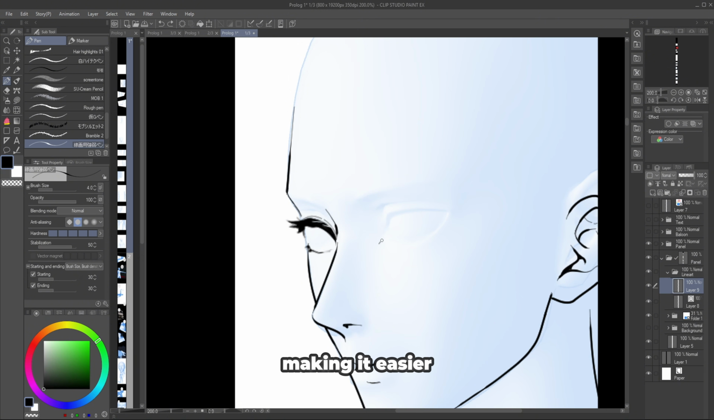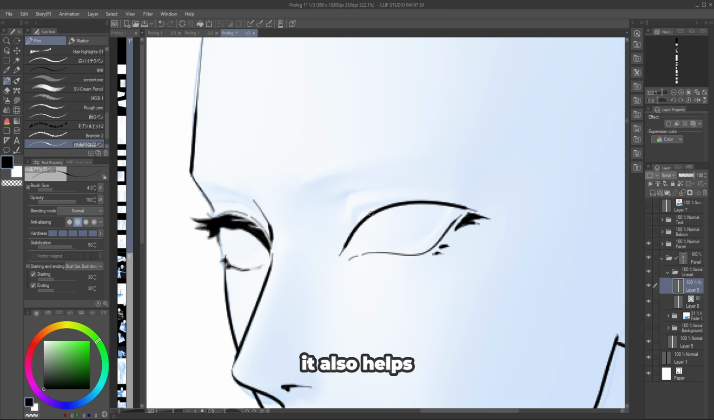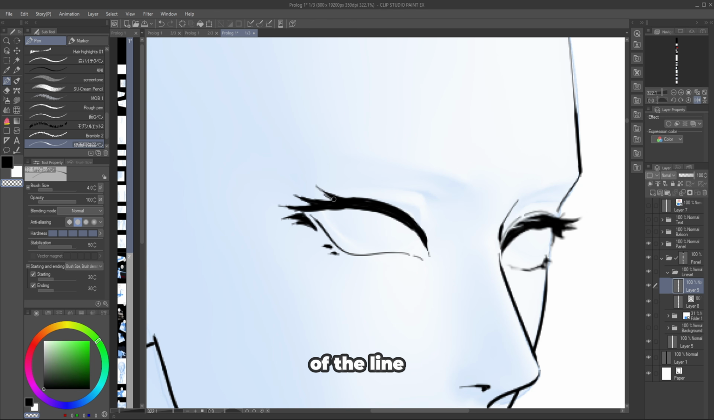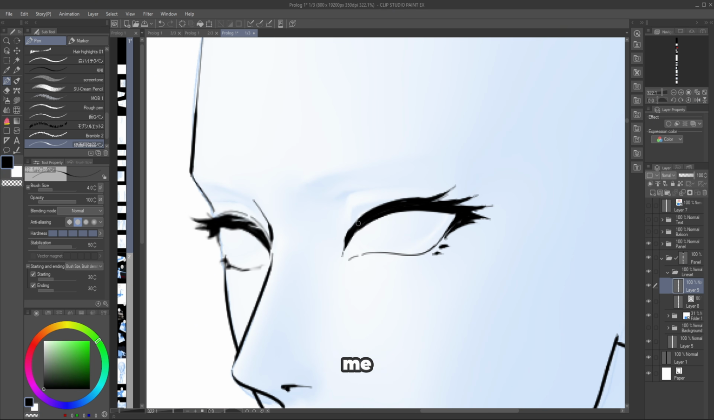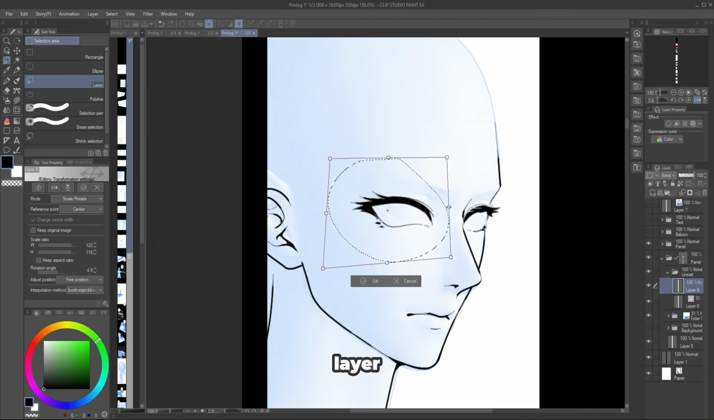Distorted, making it easier to work with. It also helps when erasing parts of the line art. Another tip from me is to separate the character's eye layer to make